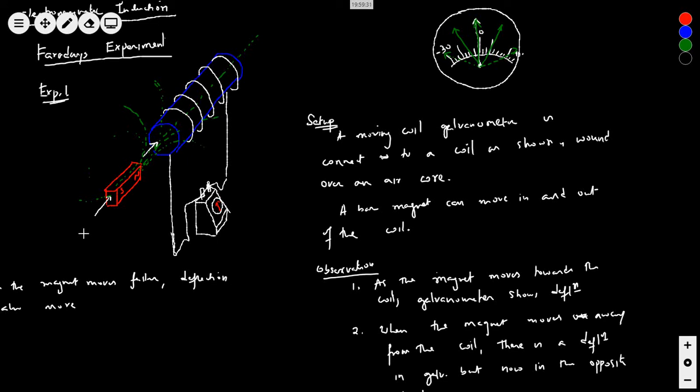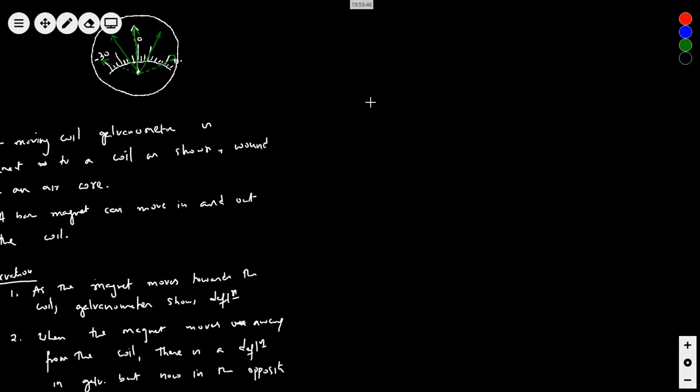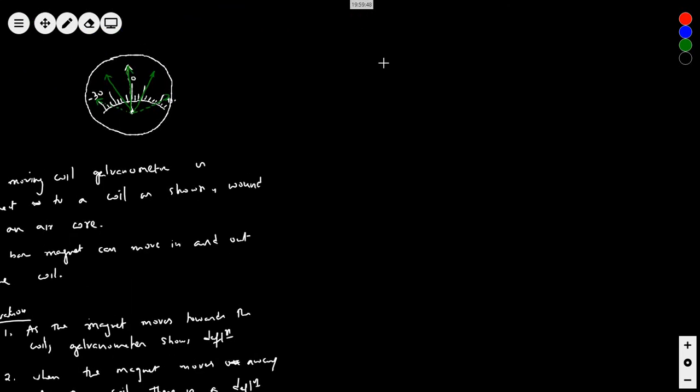Rate of change means time-varying magnetic flux. If the flux changes over a smaller amount of time, the EMF induced will also be more. So, based on these observations, based on Faraday's law of electromagnetic induction,